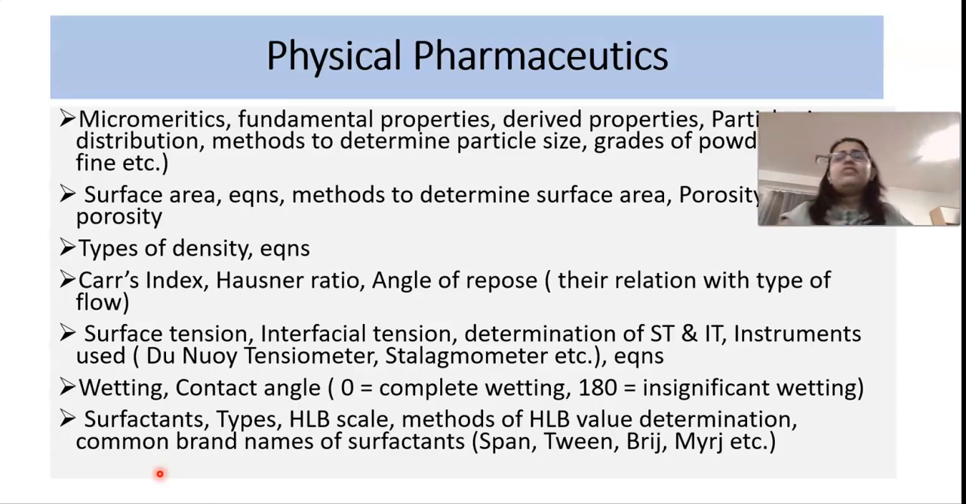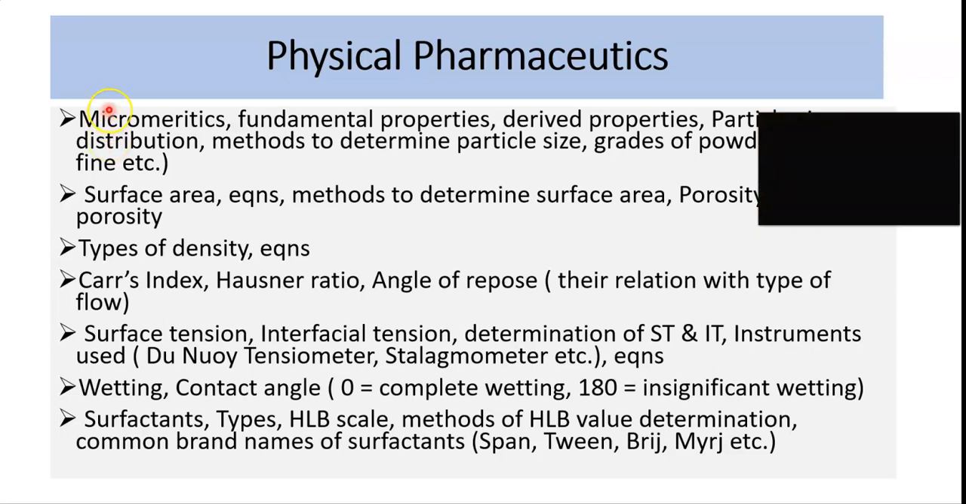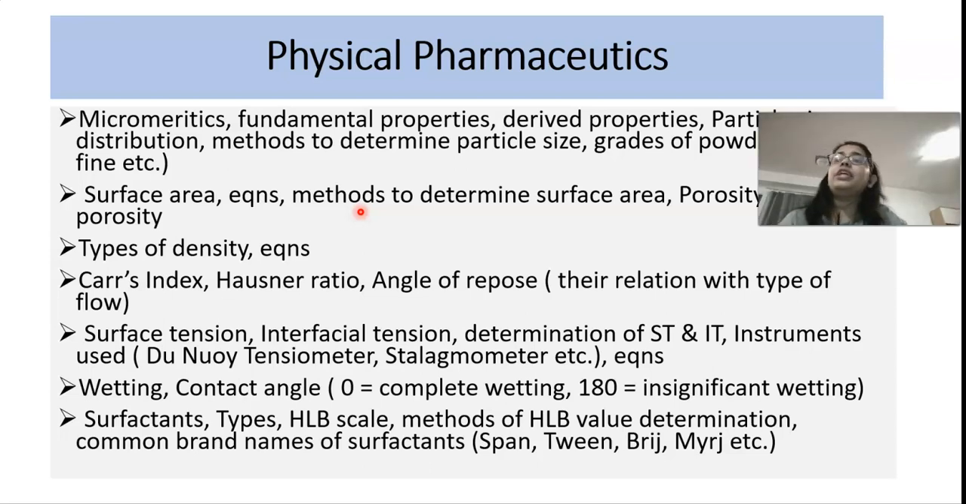Then in physical pharmaceutics, yes, first we will focus on micromeritics. That is very important. What is particle size distribution, what are the methods to determine particle size, all those things. Then grades of powder, coarse powder, fine powder, that you have to remember. Surface area, what is the meaning of surface area? Methods to determine surface area, porosity, equation of porosity, density, what are the types of density,